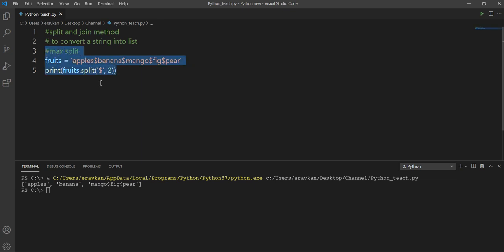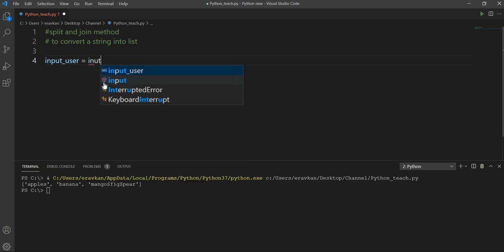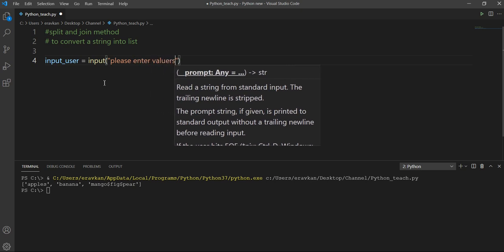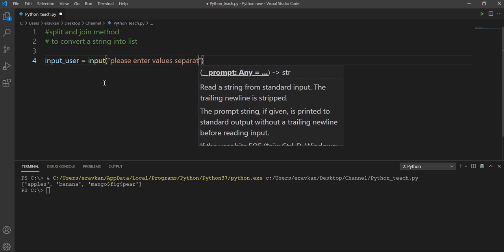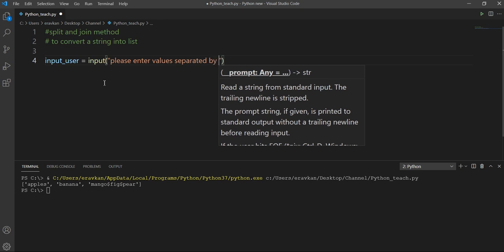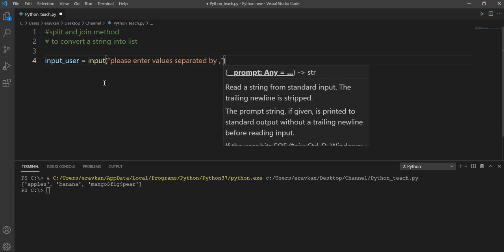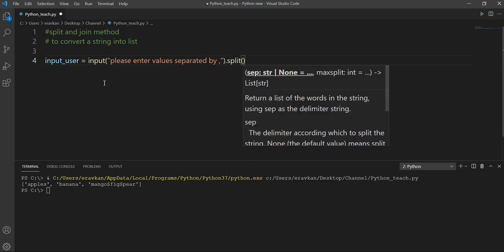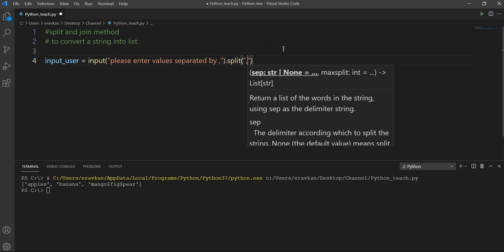Okay, so in a real-time use case, suppose you have to take some input from the user, and you have to take the input in the form of a list. Then you can say input, please enter values separated by comma, and then here you put the split function, split by comma, like this.